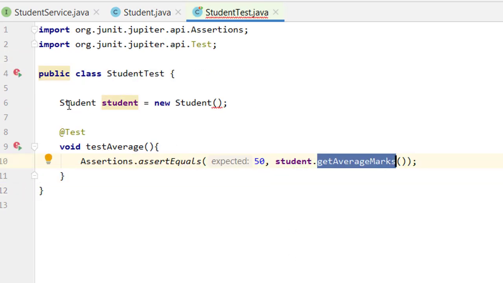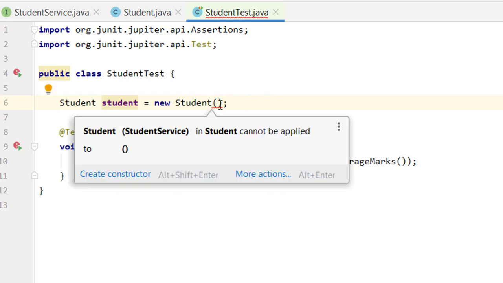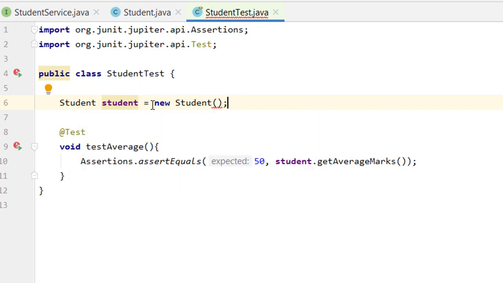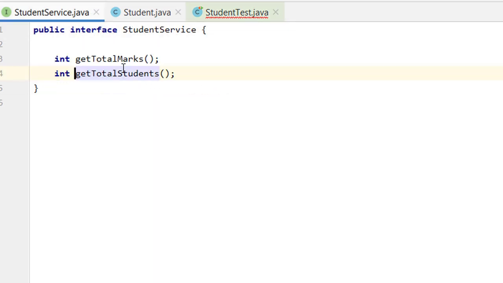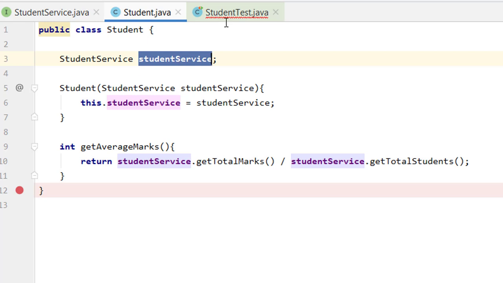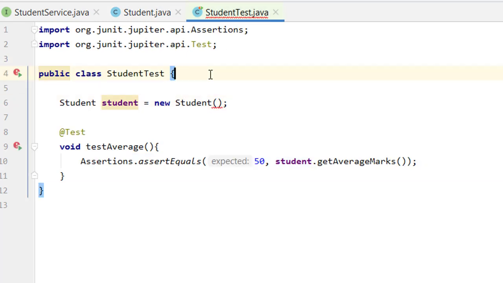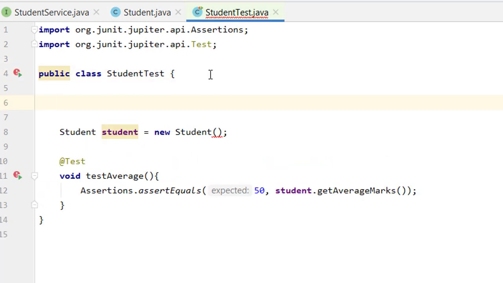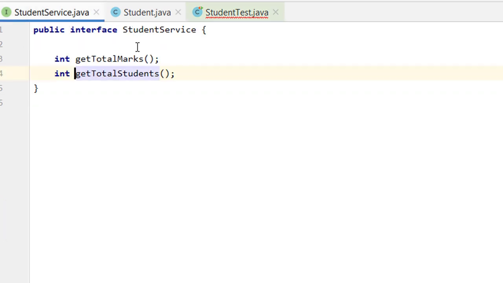So if we move to it, then it is giving us the error that it requires an argument, because we are passing it as an argument constructor. So now let us see what we can do in here. We need an object of the student service because we need to pass it in here. So here we can use Mockito to create a mock object of this student service.